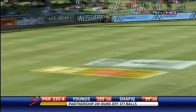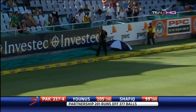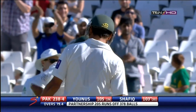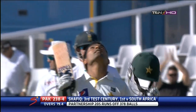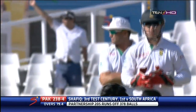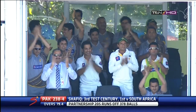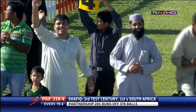It's got it through. Terrific stuff. Really has deserved this. It really has played very nicely indeed. It's been an outstanding partnership from Pakistan. Congratulations, Shafiq. That's his third Test 100. His first against South Africa. Congratulations, Shafiq. It's been a wonderful innings. After Shafiq and Younus had brought up their respective tons, they would